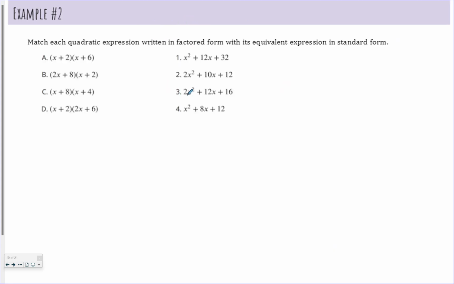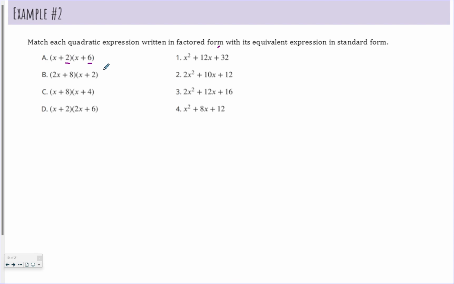Okay. So real quick here, let's match each quadratic expression in factored form with its equivalent expression in standard form, right? All right. So one thing that we can do is maybe we'll do one or two of these together, and let's see what comes up. First thing to note, though, notice this 32 and some of the numbers on here. Remember that these are your y-intercepts. The only way to get these numbers is to actually multiply